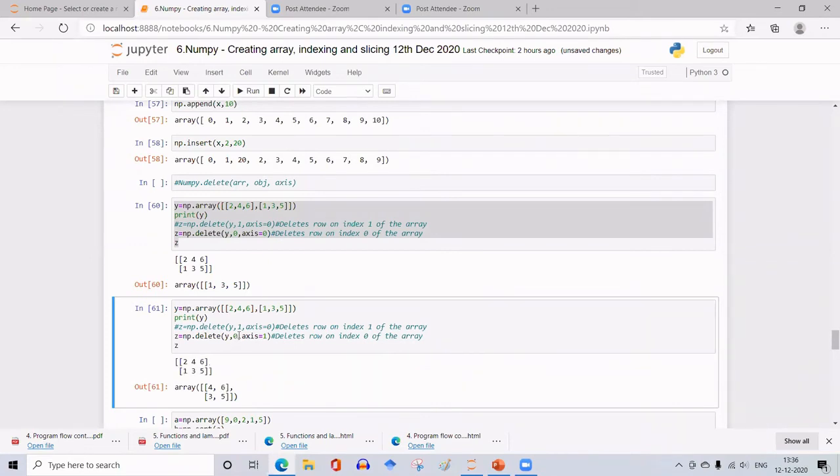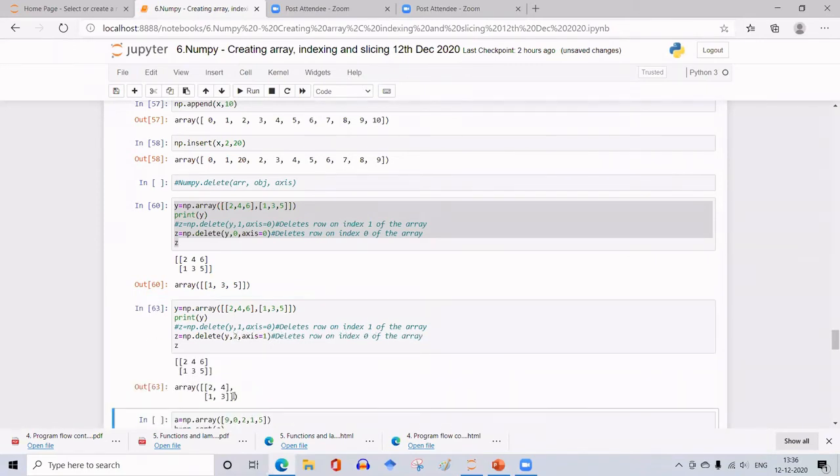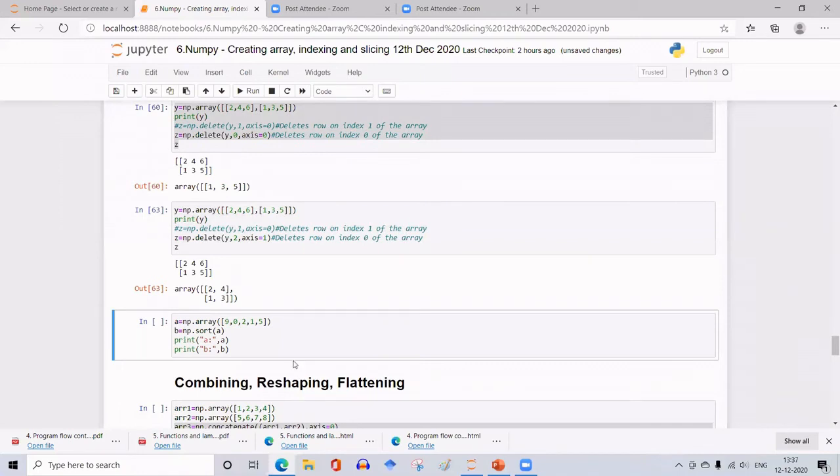Okay, so if I make it axis 1, that is index 1 along axis 1, you will have the column number with index 1 deleted, this 4 and 3, and the remaining elements are here. So you can even make this 2, so that the last column is deleted and the remaining are here. Okay, so that is about how to delete elements in the array.